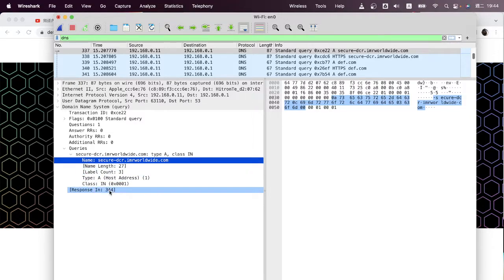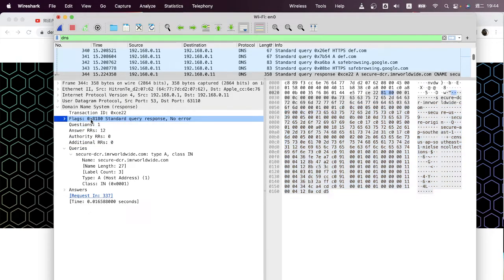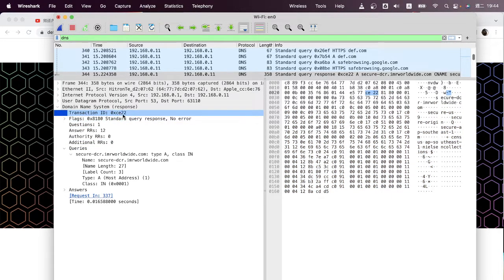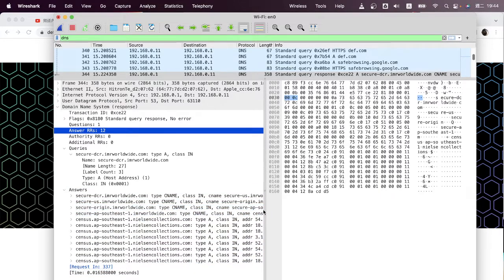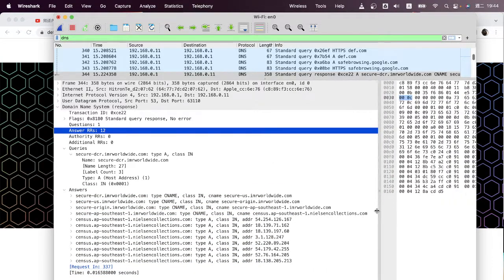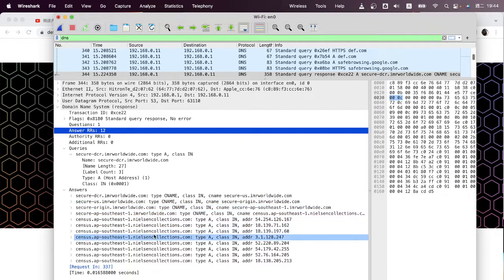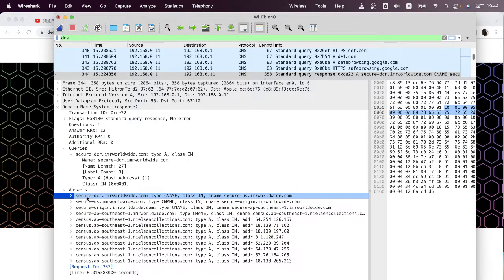We can see that the answer is at 344, so we simply click it. The transaction ID is still CE22, but it has 12 records. So let's take a look at it. Although I would like to check secure-dcr.imrworldwide.com, it says actually